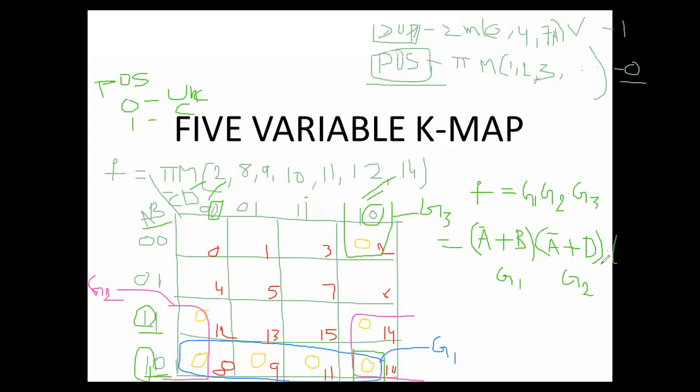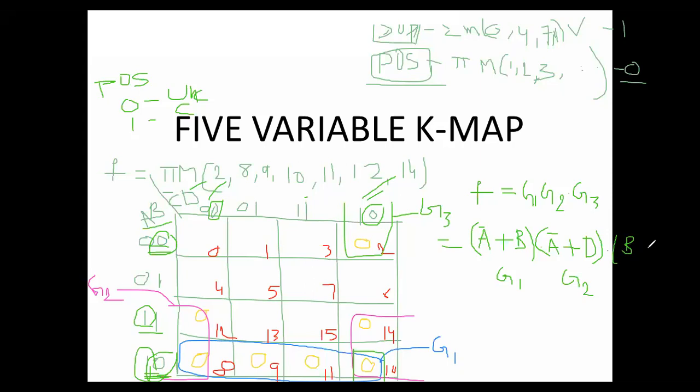Z3. Z3 means this and this, that is cells 2 and 10. This belongs to a pair group. So here, what about AB variables? What are the combinations? Two combinations, 0, 0 and 1, 0. Which is common here? This 0 is common. Which variable does it belong to? B variable. That is B equal to 0. B equal to 0 means that will be represented as